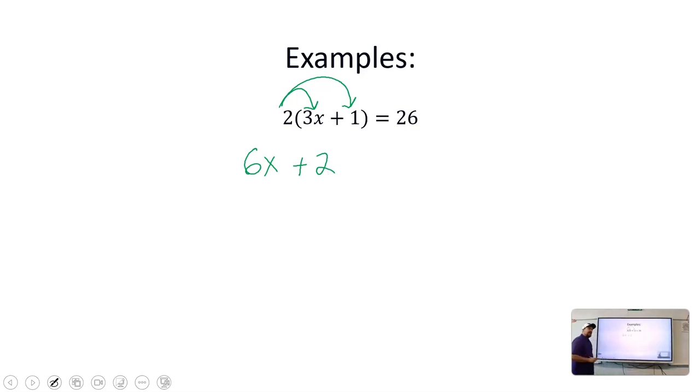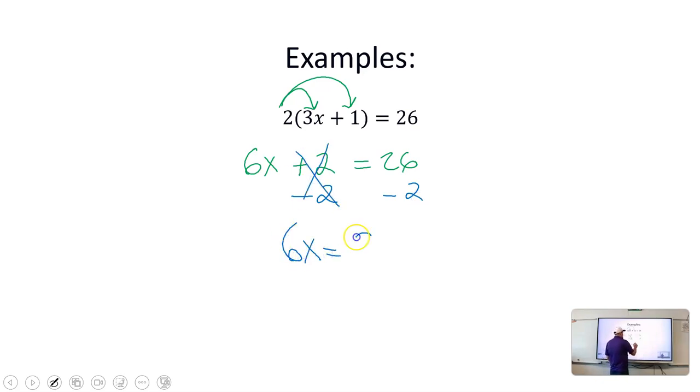Now the left side is simplified. Is the right side simplified? Yeah, it just has a 26, so it's already simplified. Now, once again, after I've simplified, I have a two-step equation. So we're going to get rid of the 2 by subtracting 2 on both sides. That turns into a 0, and we're left with 6x equals 24, because 26 minus 2 is 24. Now we're going to divide both sides by 6, and we get x equals 4 for my